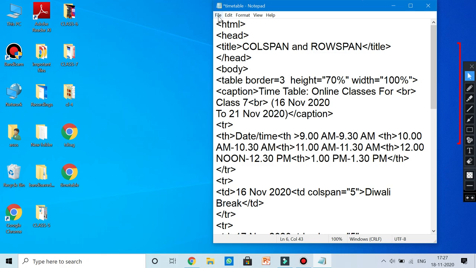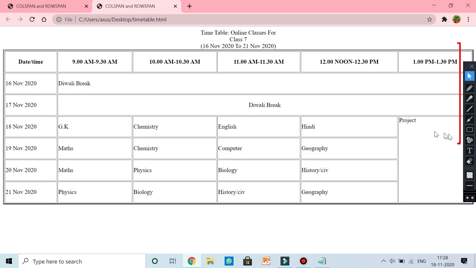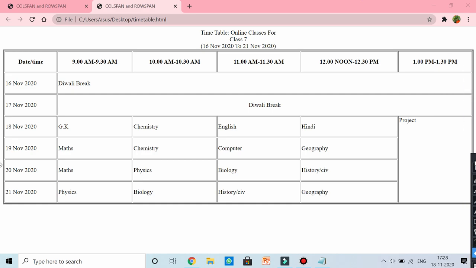Okay, let's see the result. See, it has covered the whole place. This way it covers the whole space of the page.